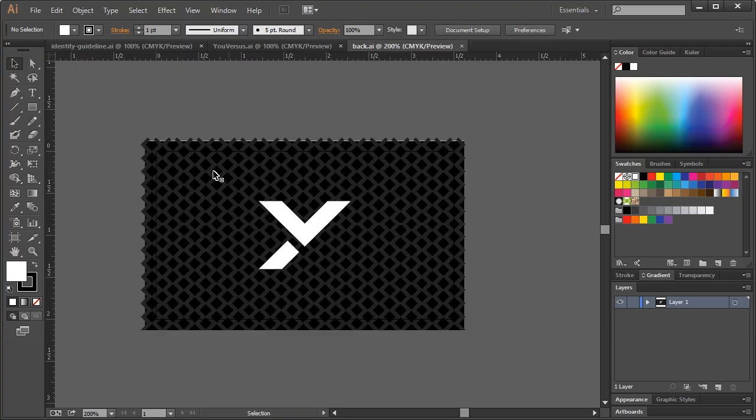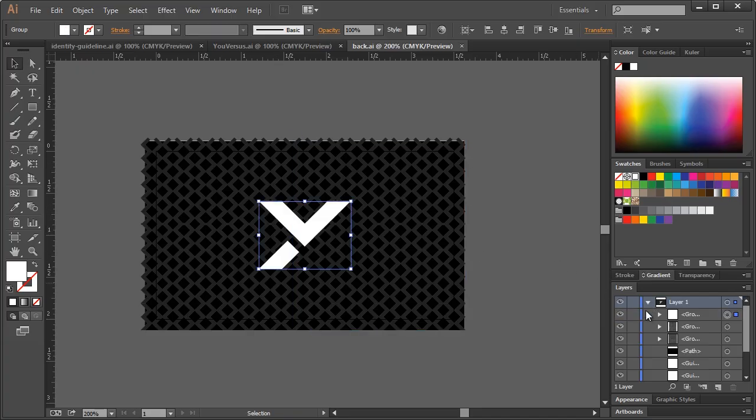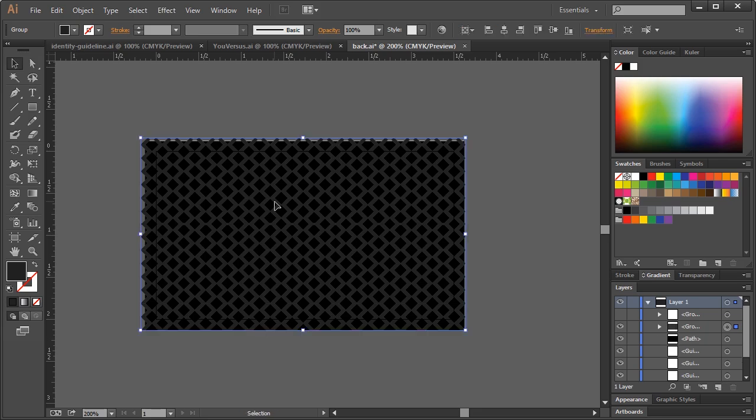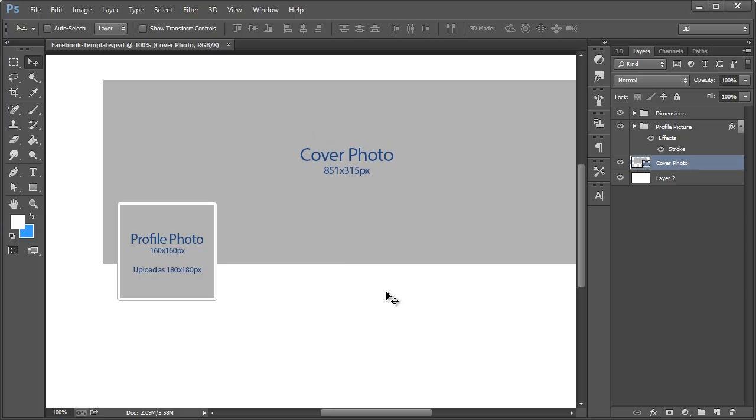And we want to just export, or basically export this pattern right here. So there's a couple different ways we can do this. I'm going to try just taking both of these. I'm going to group them, and then I'm going to hit Control-C to copy them. All right, so I'm going to come back to Photoshop,